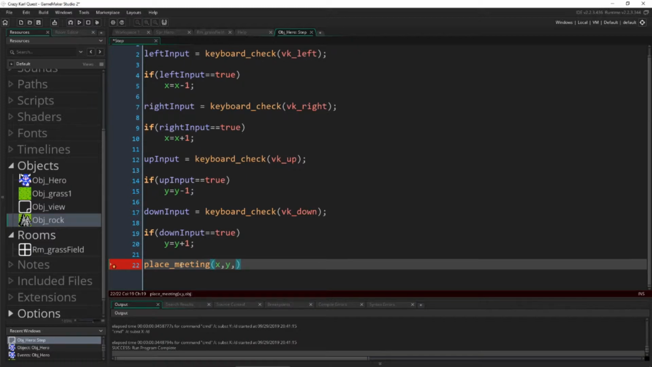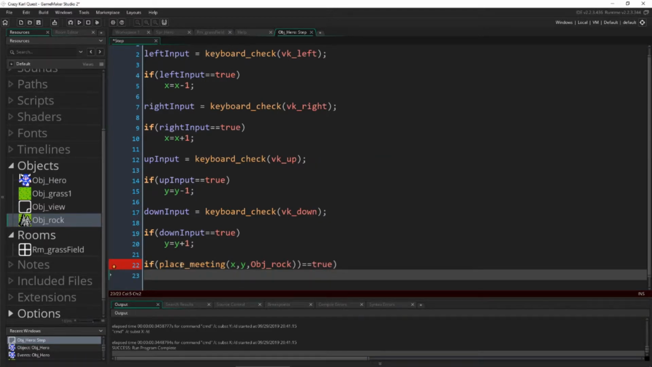And what object are we checking for? Well, we're going to check for that rock object we just made. So basically this function is going to check if at these coordinates, X and Y, is there a rock? And it's going to return a true or false, just like the keyboard check value. So we're going to go ahead and do if this is true, as in there is a rock here, we're going to go ahead and